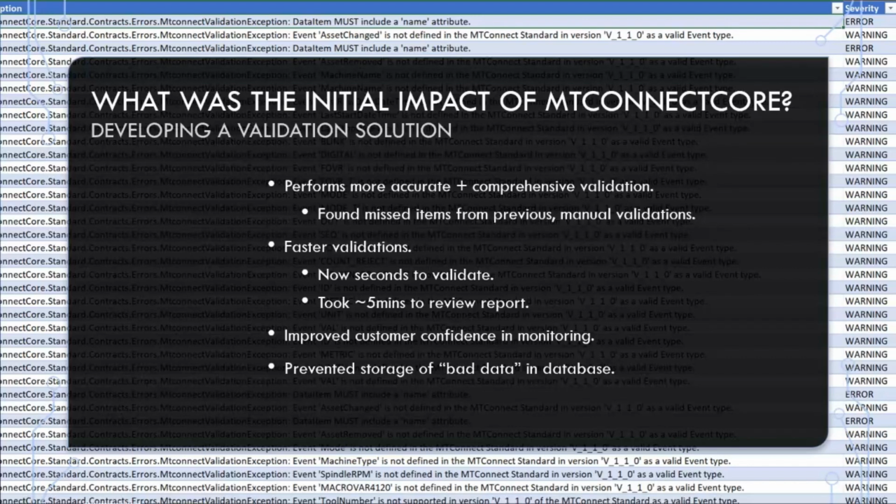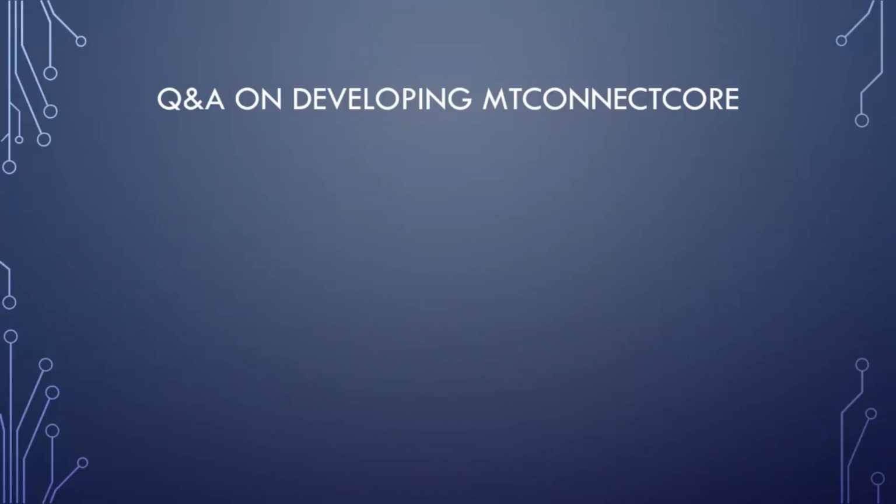And by the end of it, you have this nice clean Excel report that you can then, and we did this, just send to the customer, with an email saying, hey, look here on rows 1, 3, and 15, where we have errors. I recommend changing this or that in your configuration file. So it basically streamlined our whole communication process with our customers when getting new machines online. And ultimately, the customers felt a lot more confident in our implementation. I'll pass it back over to you, Russ, at this point.